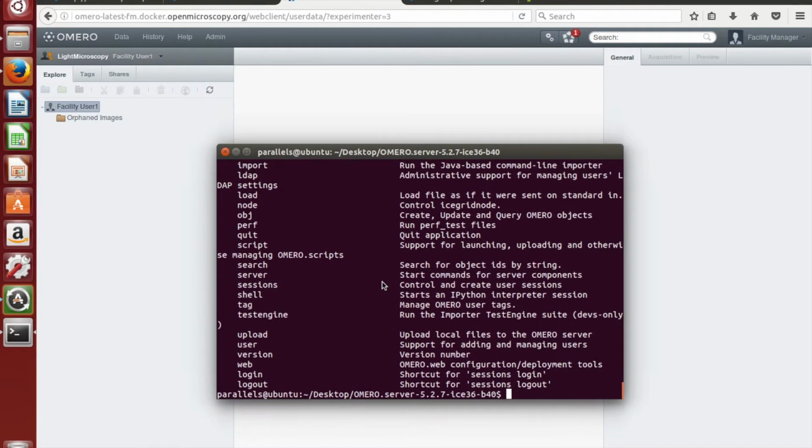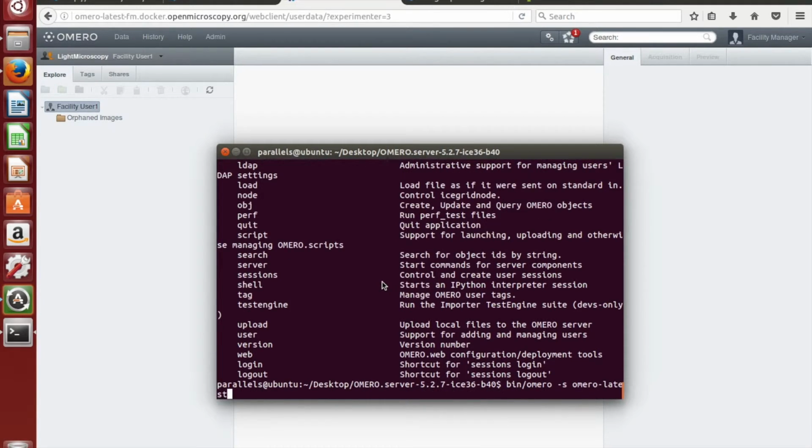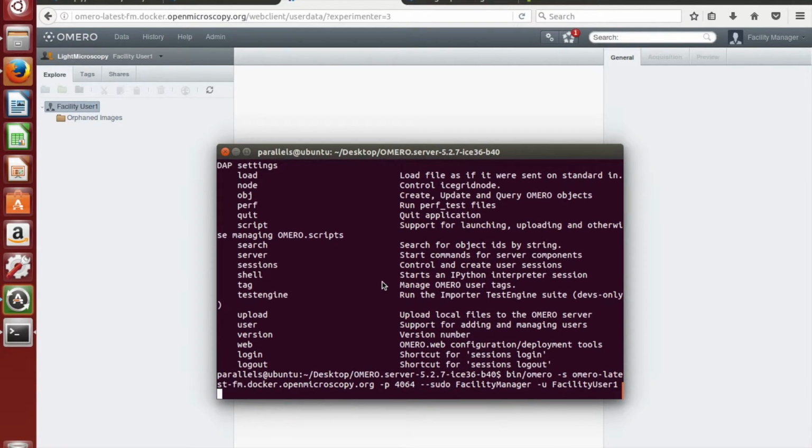Now let's start with the workflow, where we start with omero import, then server details, omero latest, fem.docker open microscopy.org, then port number, then use the sudo flag. I'm going to import for facility user 1 as facility manager, who's the system admin in the OMERO server, into this dataset